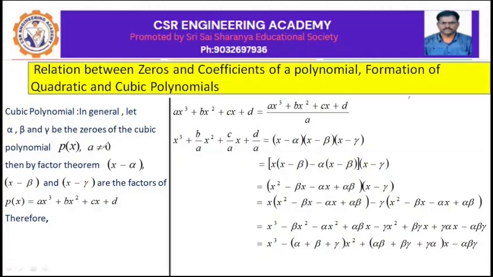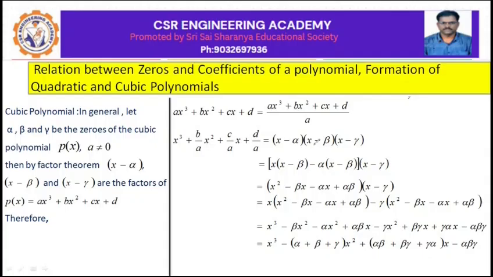p of x, a not equal to 0. Then by factor theorem, x minus alpha, x minus beta and x minus gamma are the factors of p of x is equal to ax cube plus bx square plus cx plus d. Therefore, ax cube plus bx square plus cx plus d, taking common x cube coefficient a, is equal to a times x cube plus b by a x square plus c by a x plus d by a, which is equal to the product of three factors, that is